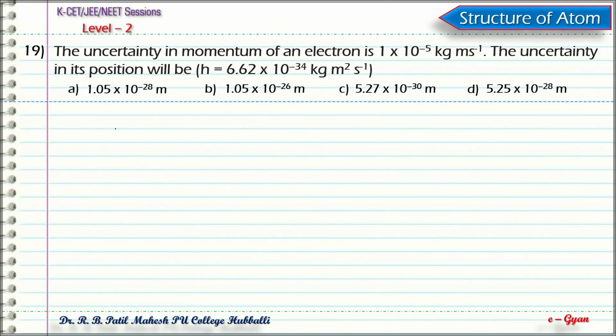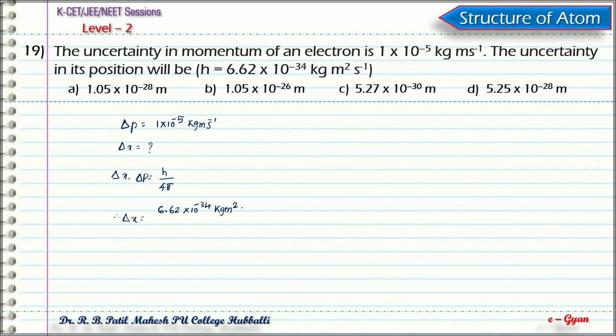Let us find out. The uncertainty in momentum, delta P, is equal to 1 into 10 to the power minus 5 kg meter per second, and uncertainty in position is to be calculated. We have the formula delta x into delta P equal to H divided by 4 pi. Therefore, delta x is equal to H, which is given as 6.62 into 10 to the power minus 34